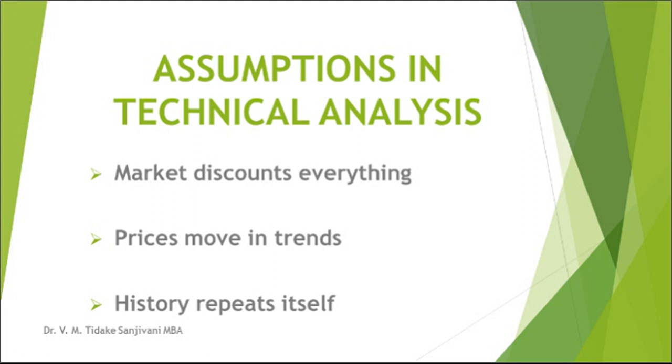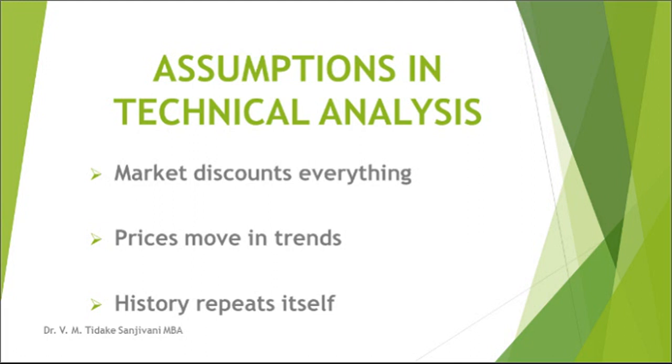Number two, prices move in trends. Technical analysis believes that the share prices of any company always move in trends. Trends are basically a bullish trend and a bearish trend. A bullish trend is a trend whereby the prices of shares are moving upwards, that is, prices are increasing, and a bearish trend is a kind of trend whereby the prices of shares are moving down. So this is the second assumption, that whenever the market is moving, it is always moving in trends. And lastly,